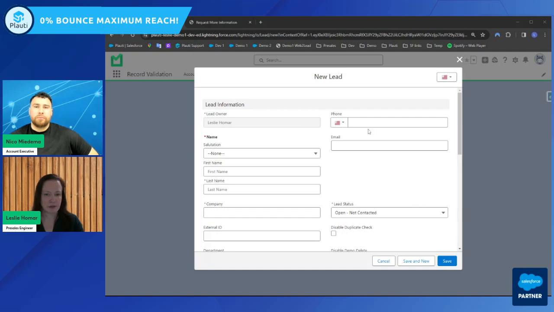So we are actually mirroring the standard Salesforce entry screen, and we're adding our own validation and also deduplication on top of that. So this is whatever fields that you have in your layout, that's what you're going to see here. We aren't changing that. So it validates the email address